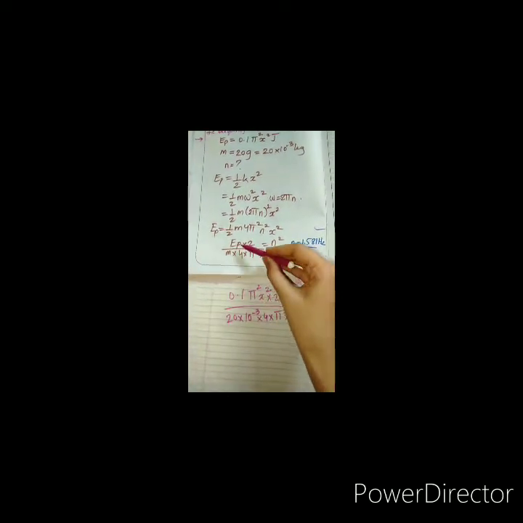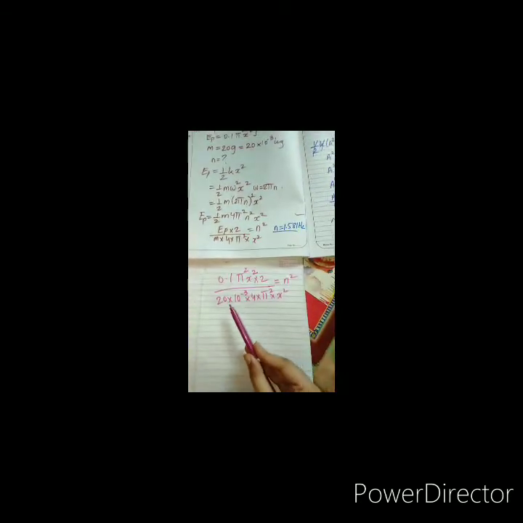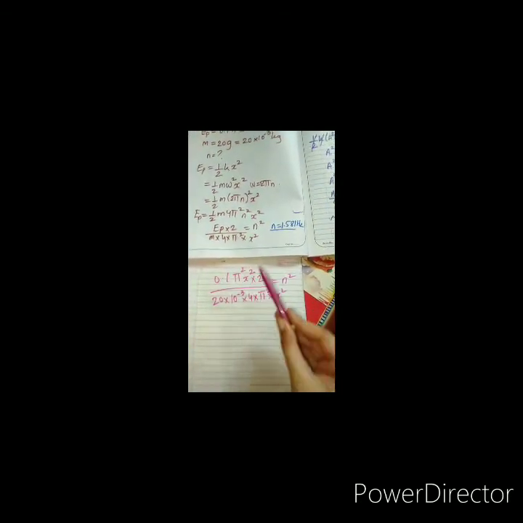So I have just substituted the values of EP. EP is nothing but 0.1 pi square x square, and 0.1 pi square x square into 2. I have written the numerator part as it is. After that, in the denominator, m, what is m? 20 into 10 raised to minus 3. Yes, I have substituted that, 4 pi square x square. After that, we'll do the calculation part. Just see, pi square x square and pi square x square get cancelled from here.